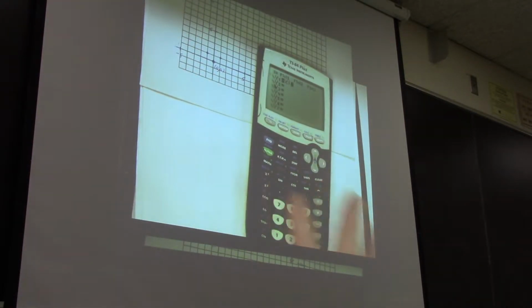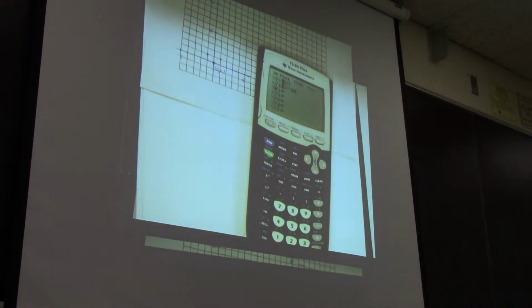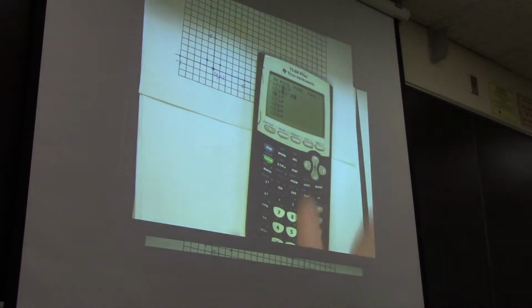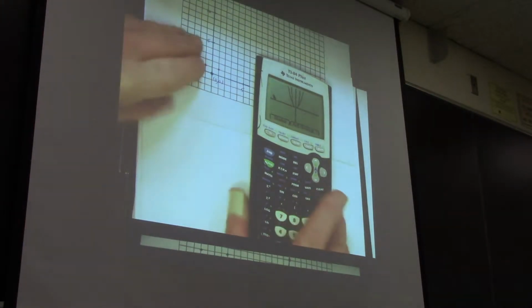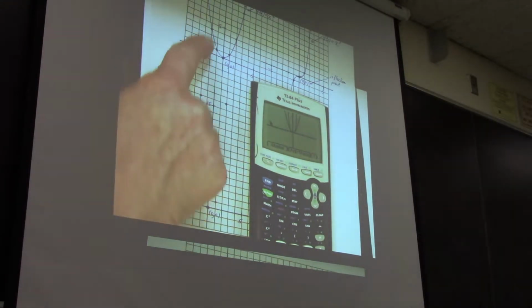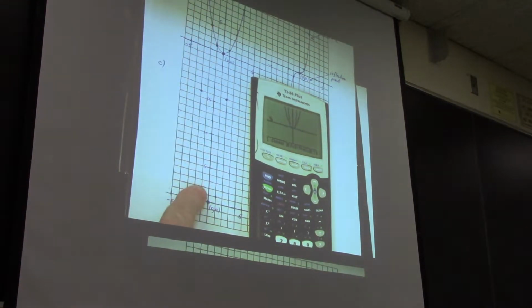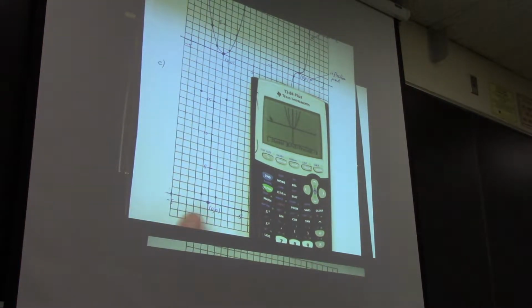Let me type in x squared and then x to the fourth. Remember, I have an old-fashioned calculator. That's how mine writes it. Okay, I'm going to start with a zoom 6. Here comes x squared. Here comes x to the fourth. So first of all, one thing you notice comparing the two graphs, y equals x to the fourth is a lot skinnier, a lot steeper than y equals x squared,